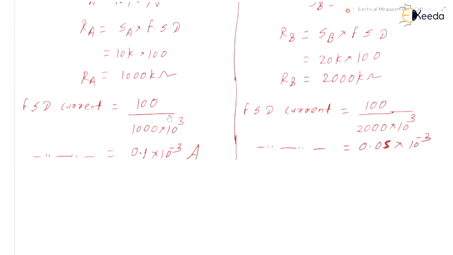Now the meaning is, full scale deflection current means this is the maximum current which meter A can withstand. This is the maximum current which meter B can withstand. So now we are connecting both the meters in series. Now when voltmeter A and voltmeter B are connected in series,